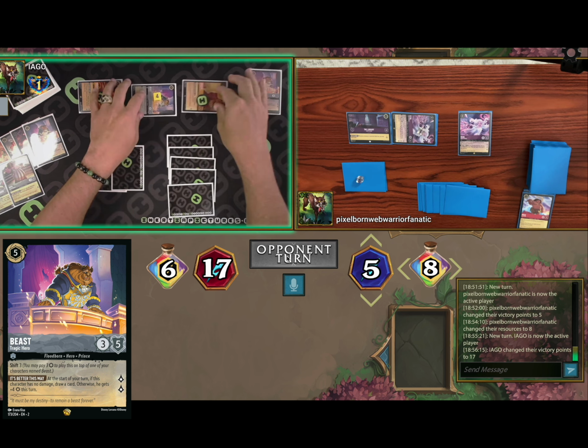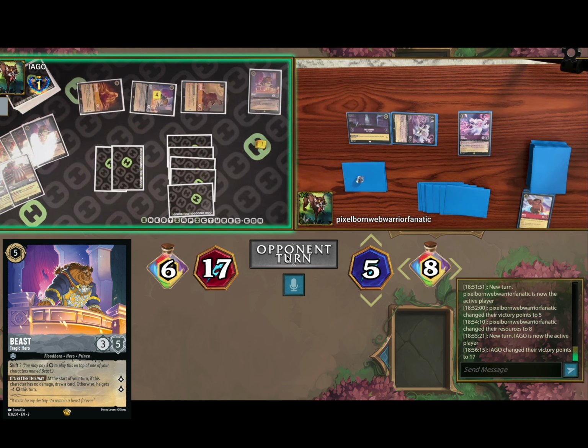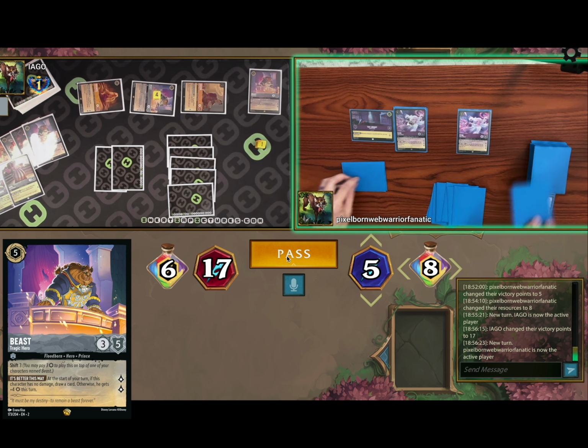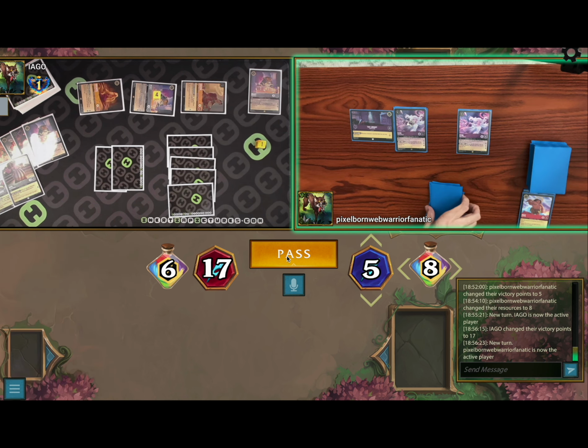Oh man, he drew another Beast. So he plays the third Beast this game, and then I think he passes here. Yeah, so it's up to 17 lore. This is looking really, really dire for me. I draw for turn, and I think here, I mean, I gotta play Medusa, right, to get rid of that